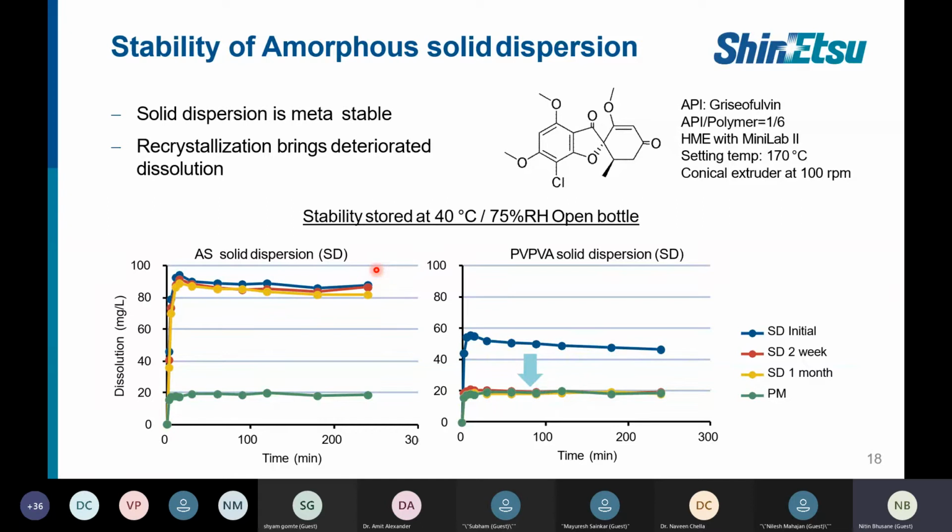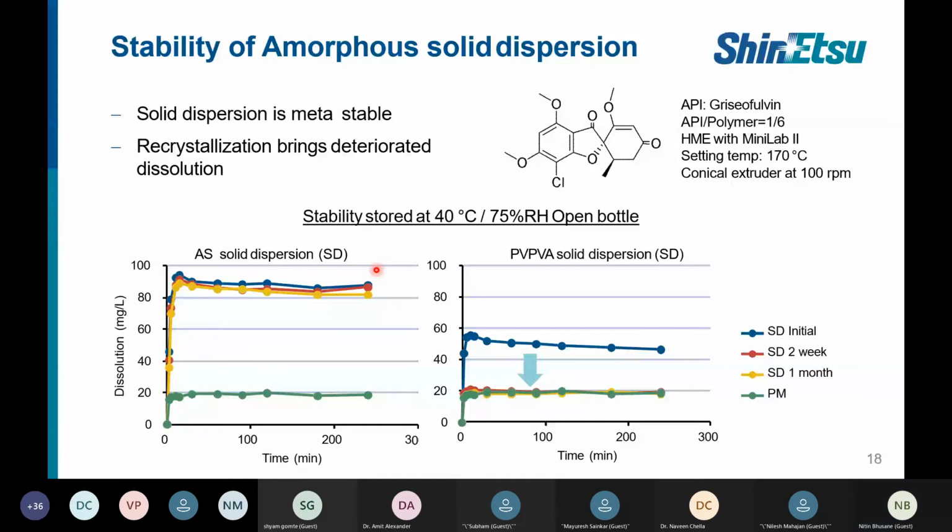Then, as we mentioned, the amorphous form is generally not very stable in nature. So when you are converting a crystalline drug to the amorphous form, it should remain in a stable form. If your drug recrystallizes again, the solubility you have increased initially may drop down. This can also be seen in the current example where we have taken griseofulvin as the model drug. Drug to polymer proportion in this case was around 1:6, and we had run at a temperature of around 170